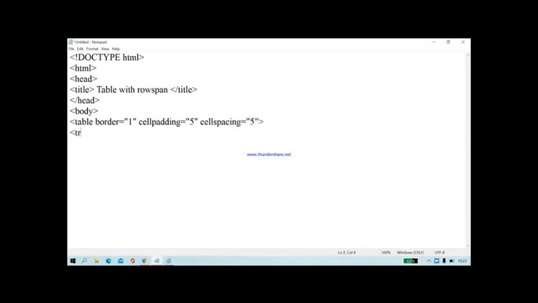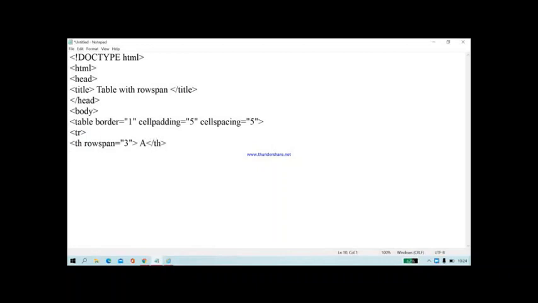Now I am merging the cells vertically. That means first column is combined with the 3 rows and last column is combined. So in that case, 3 rows are combined by a single column by first and last cell. That's why I will use the rowspan attribute to combine it. So see how it is used. th. First I am giving a rowspan is equal to 3. Same as A I am giving.